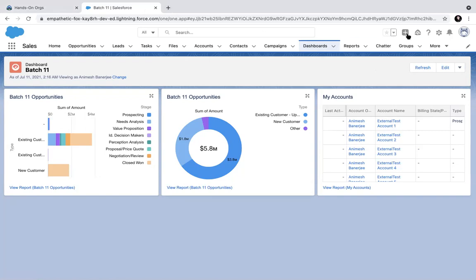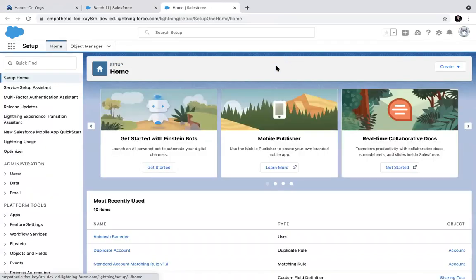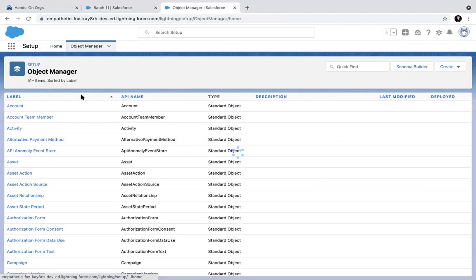Yes, sir. Okay, now let's see some other stuff. As I said, there are report types already available, but what will I do if I create a custom object? Let's create a custom object.